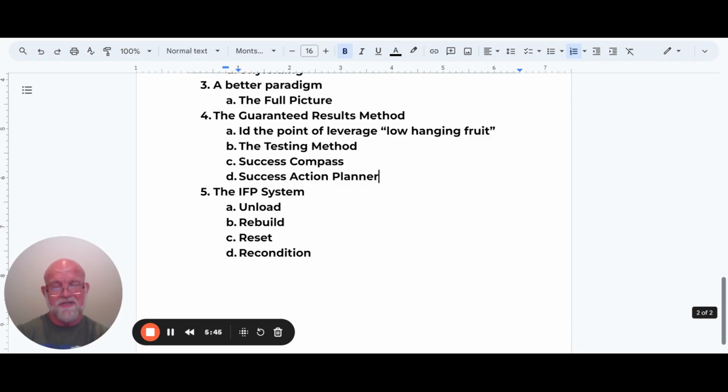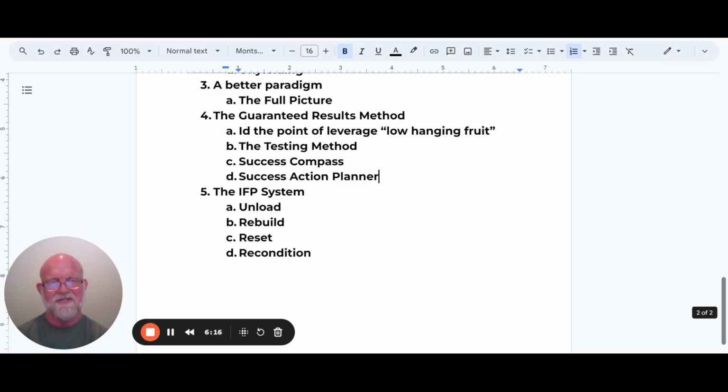The bigger process, we use a thing called a success compass, and that's so traveling from point A to B in real life is never just a straight line, right? We veer off course, and if we have a good compass, we can course correct. And then we veer off course and we course correct. And it's this process of course correction that eventually gets us to where we want to go. And so we need a compass to do that. I have a super simple form that you fill out periodically that helps keep us on track.